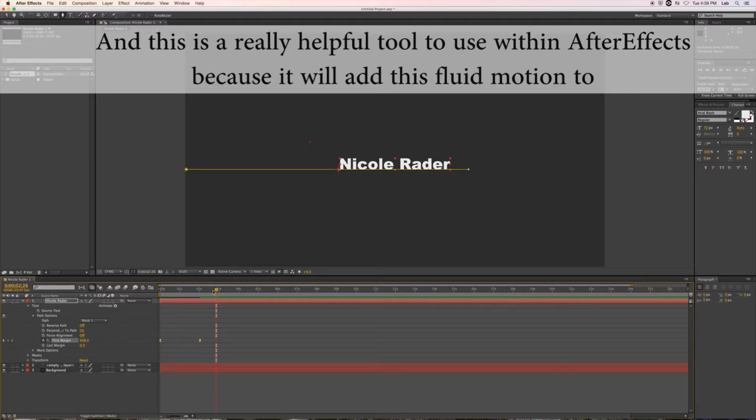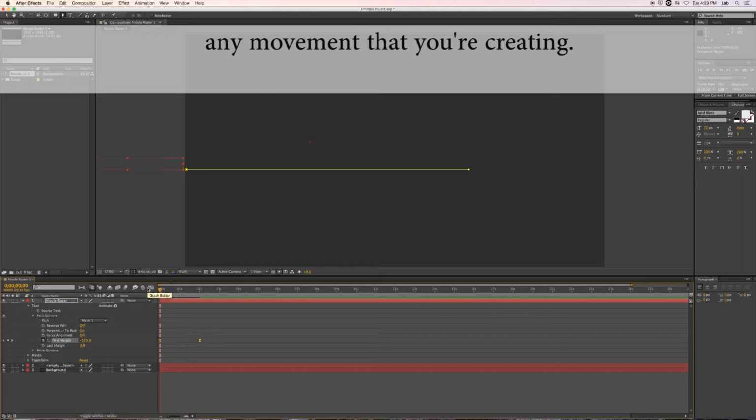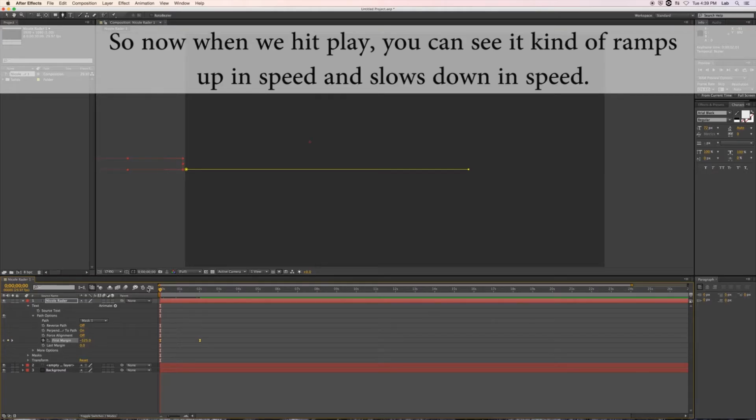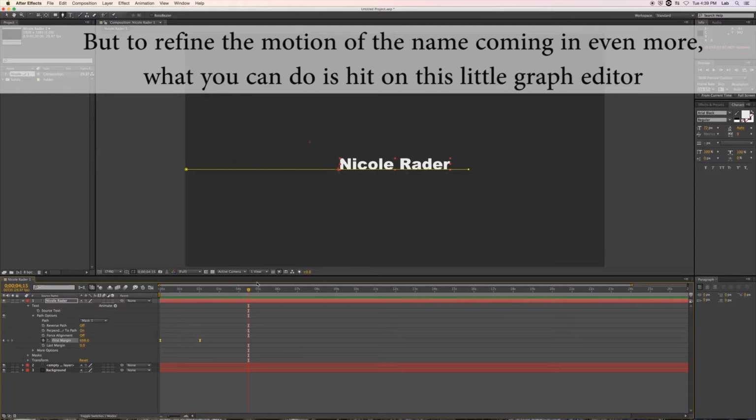And this is a really helpful tool to use within After Effects because it will add this kind of fluid motion to any movement that you're creating. So now when we hit play, you see that it ramps up in speed and slows down in speed. But to refine the motion of the name coming in even more, what you can do